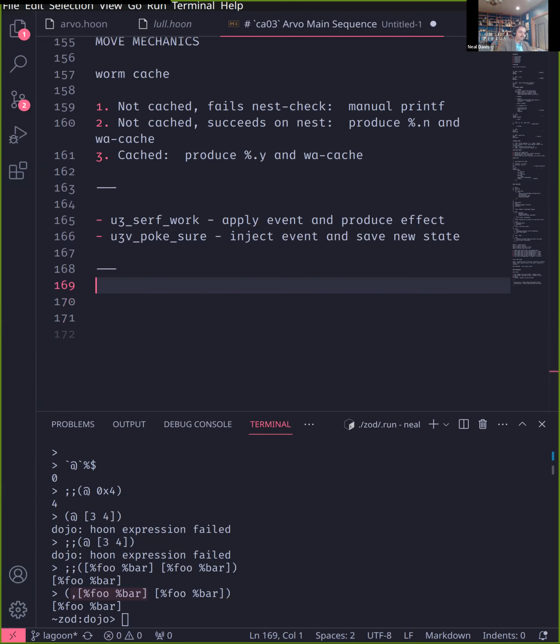All right. Imminent on the roadmap, breadth first move ordering. We've heard a lot about breadth first move ordering lately. There's a couple of PRs about that. So Arvo currently orders moves by depth first. And so this means that when you have an event,